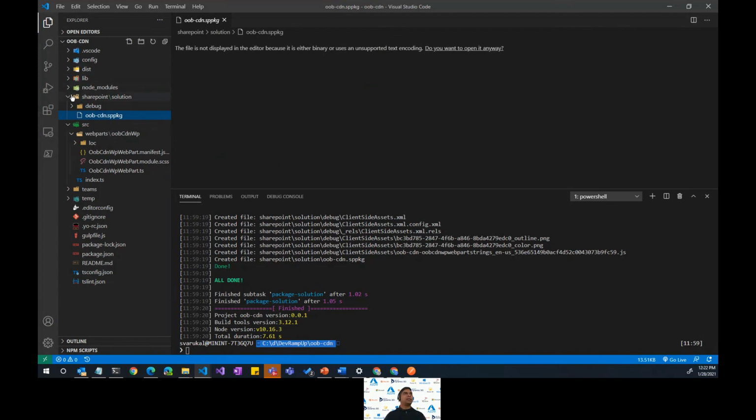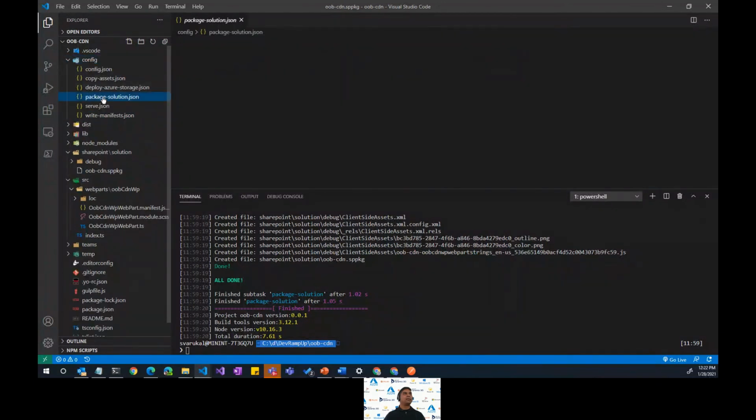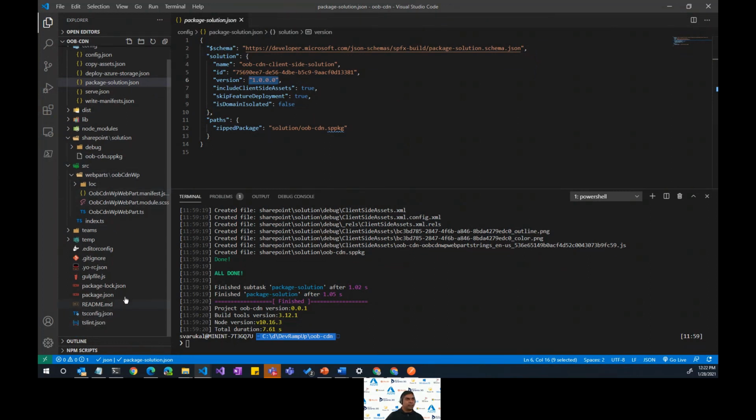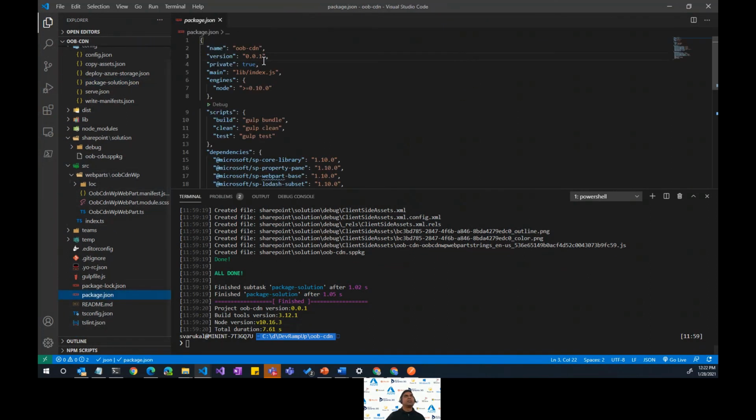Is there anything else? Yeah, now let's switch to the SharePoint Framework project. Let's look at the various version numbers that we see. Here, the version number that you see is 4 digits, and that's the version number that you will see corresponding to your web part for your project. Whereas the version number that you see here in package, this one, is the version number for your overall project.